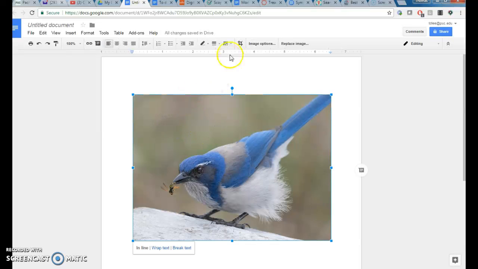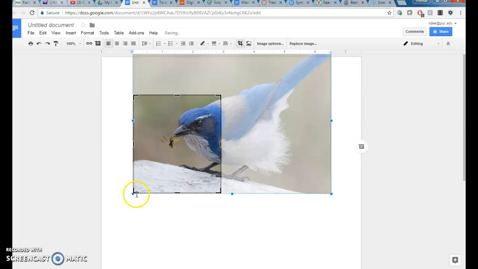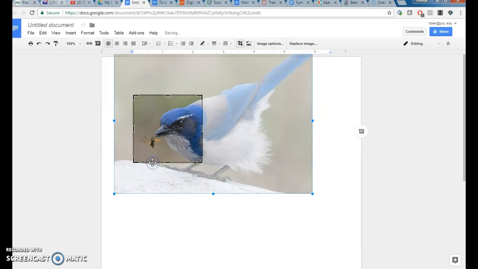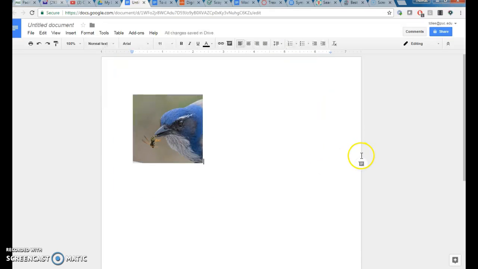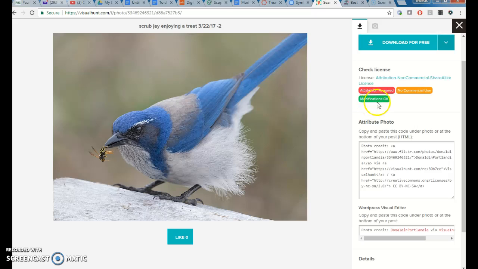On this document, by clicking on it, you'll notice I can crop the image, and I think I might want to get right down here and really focus on this beautiful bird's head and the fact that there is a little wasp in its mouth. And I'll click outside there, and there's my image. And so that's what I'm going to use. Now I've modified that. I've transformed it, to use the language of all this copyright stuff. But back here, let's see, this person said it's okay to make some modifications,